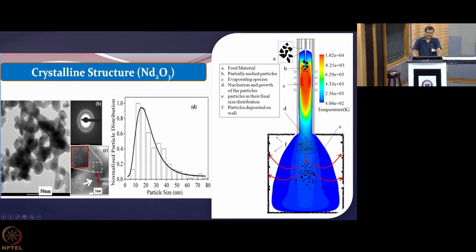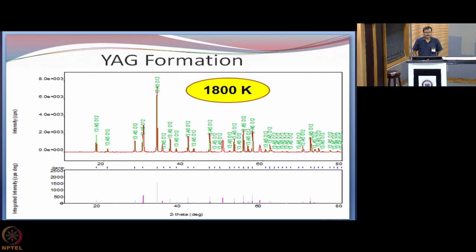So that is a very useful top-down and then bottom-up approach to synthesize nanomaterials using thermal plasma. Here you are seeing neodymium oxide, and these are the nanoparticles that have been formed using radio frequency produced plasma. You insert the micron-size particles over here, they get evaporated, atomized, ionized, and as they go downstream, they come across a very huge gradient in temperature, and they nucleate, and finally they form the nanoparticles over here. So this is a very useful application for synthesis of nanostructures of almost any material that you can think of.